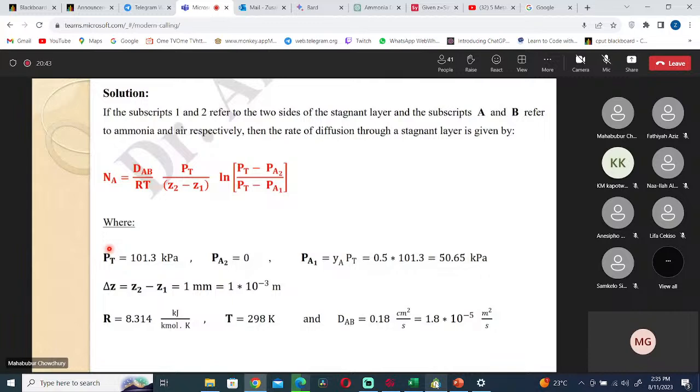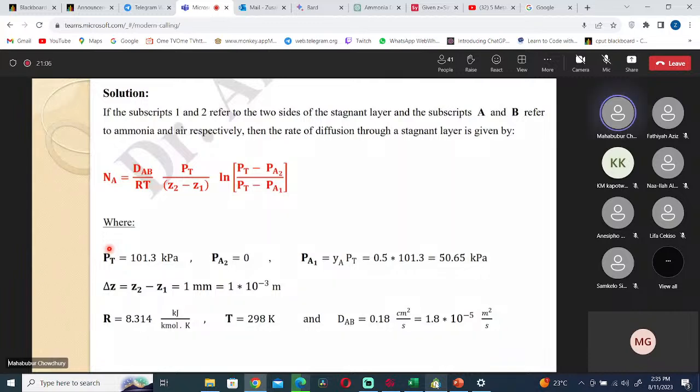Where state 1 is before the diffusion, and you know that there's only 50% ammonia there, and the rest can be air, the rest can be water, I don't know, it can be anything, right? But I only know that there's only 50% ammonia. Now the question